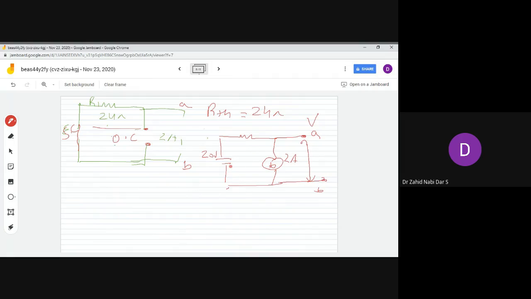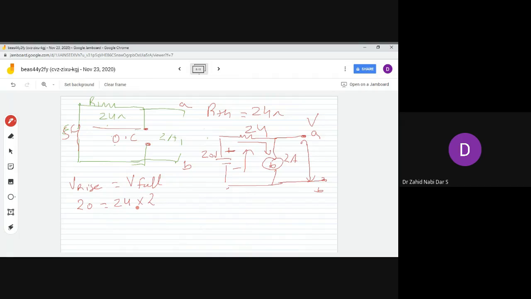So VAB. Here this is 24, and this is minus plus, and across this there would be a fall. Remember, this is voltage rise. Voltage rise is equal to voltage fall in any network, or the algebraic sum of voltage rise and voltage fall would be 0. So in this network, you write 20 is equal to 24 into 2.